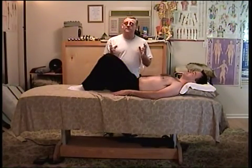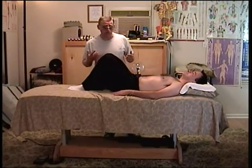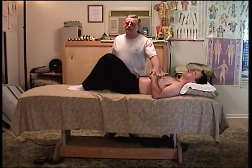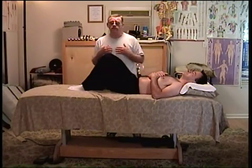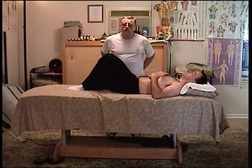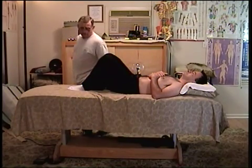Now we have to go through and release the tissue that's pulling it out of balance, causing the L5-S1 compressive problems. In this position now, let's say the person has low back pain. We'd like to test it. If the feet turn in, it goes away. We know it's in the spine. If the feet turn in and it's worse, it's using the outer ligaments, and you have to clear those first, i.e. a little lumbar usually. With this position,